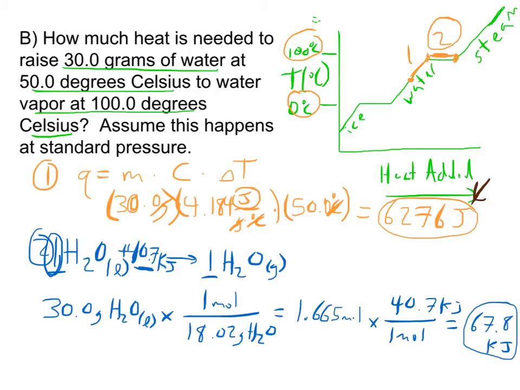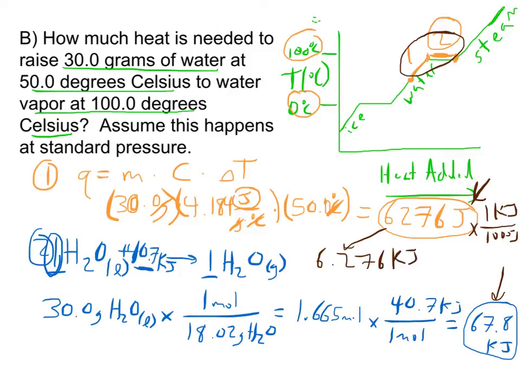Okay, so we know how much energy it takes. Step 1 is 6,276 joules. Step 2 requires 67.8 kilojoules. We need these to be the same unit because we're going to have to add all of this energy together for steps 1 and 2. So let's convert joules into kilojoules. If you multiply this by 1 kilojoule on the top and 1,000 joules on the bottom, because 1 kilojoule equals 1,000 joules,